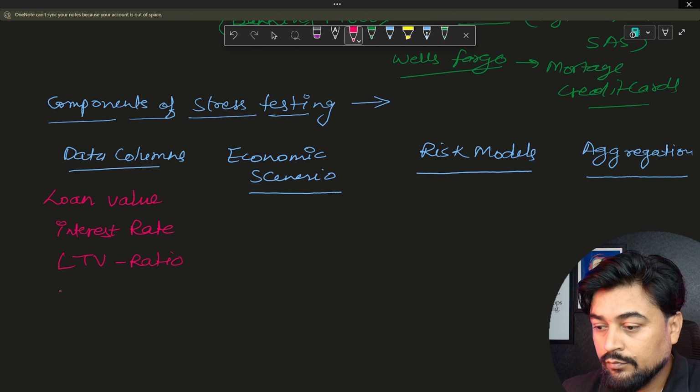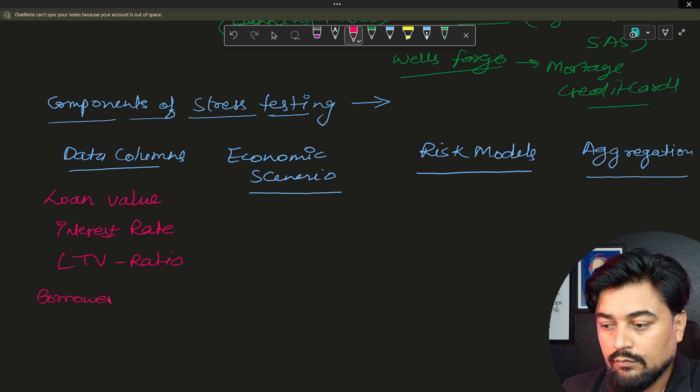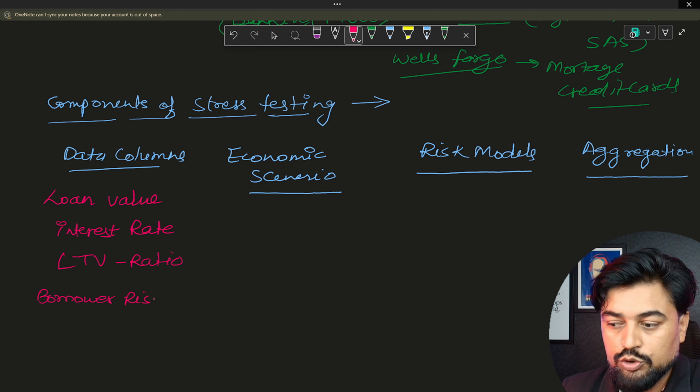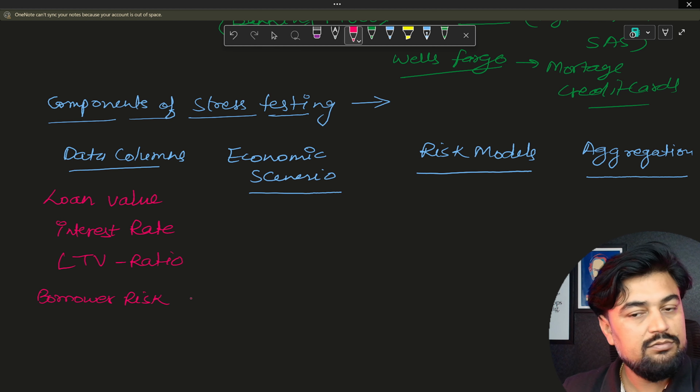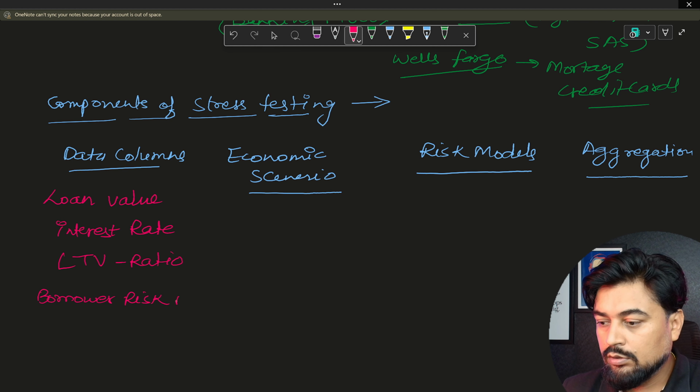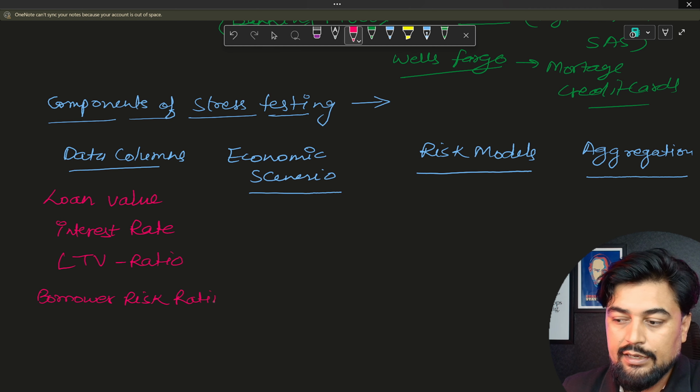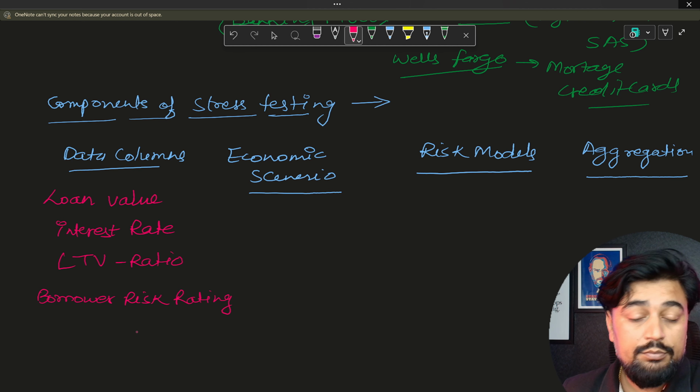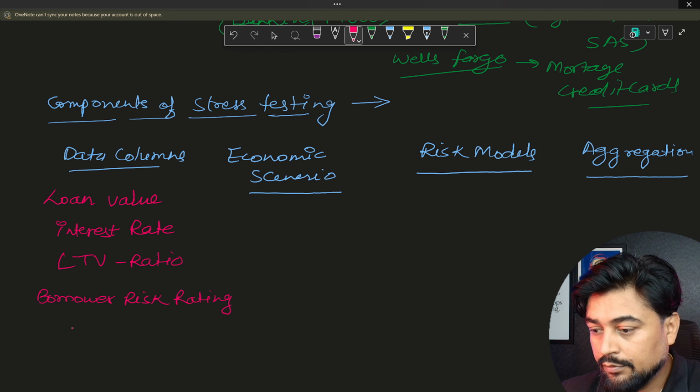Then you have borrower risk rating. So you should just remember these column names blindly. These are very common columns which all companies would be using. Borrower risk rating, then property